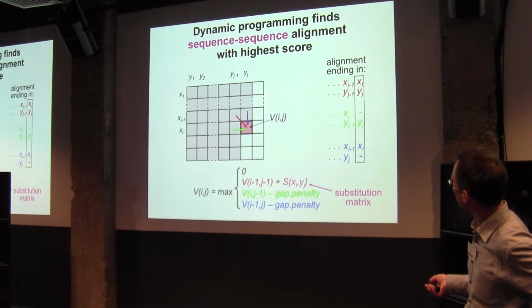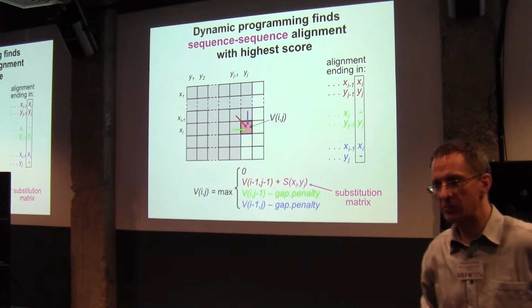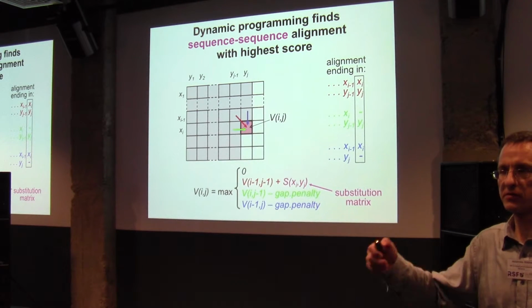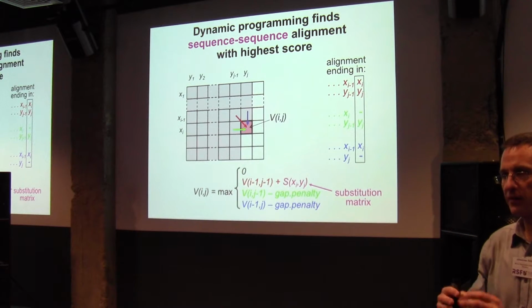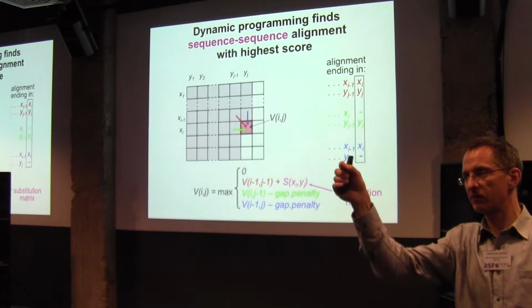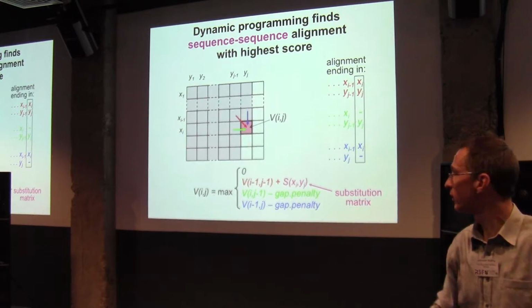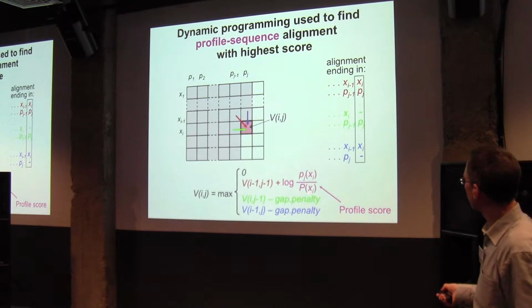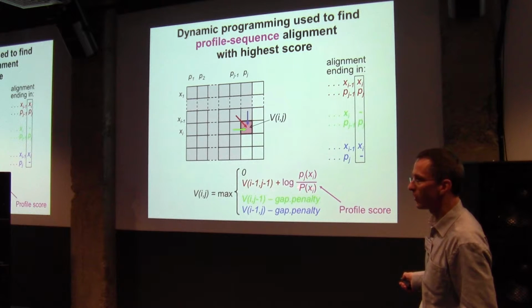So now I wanted to tell you that this algorithm is actually not only able to align sequences, but the same algorithm can be used to align profiles. So a profile with a sequence or a profile with a profile. And I told you a profile is just a matrix where the 20 amino acid frequencies in each position of the alignment are shown. So when you do a profile alignment, you take the profile score. You just substitute the profile score for the amino acid score.